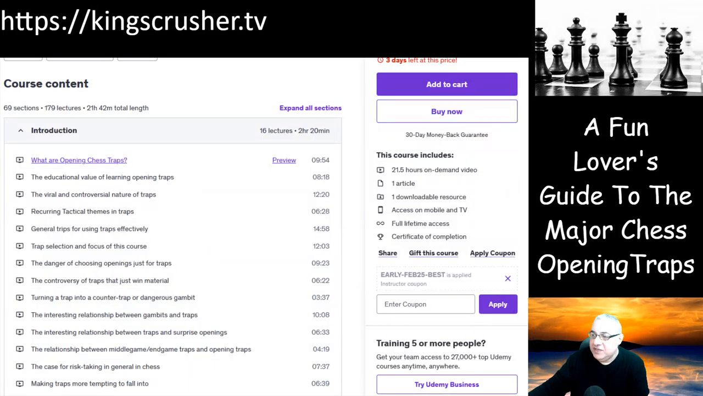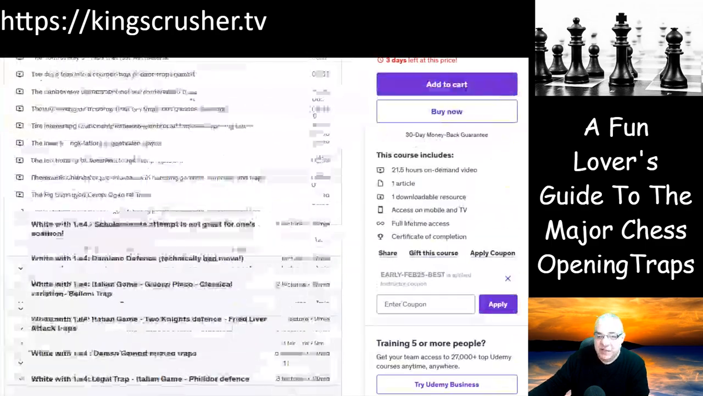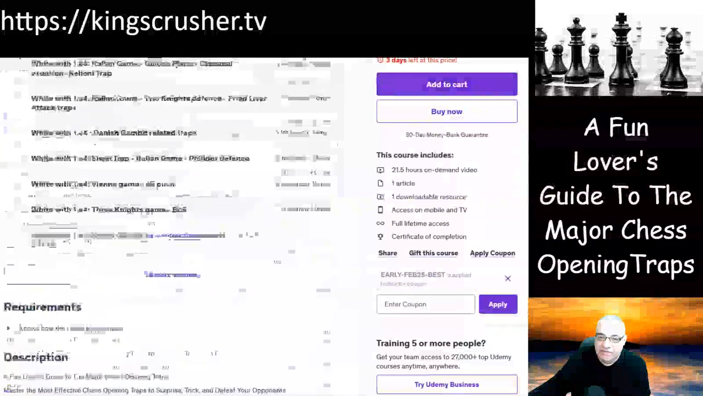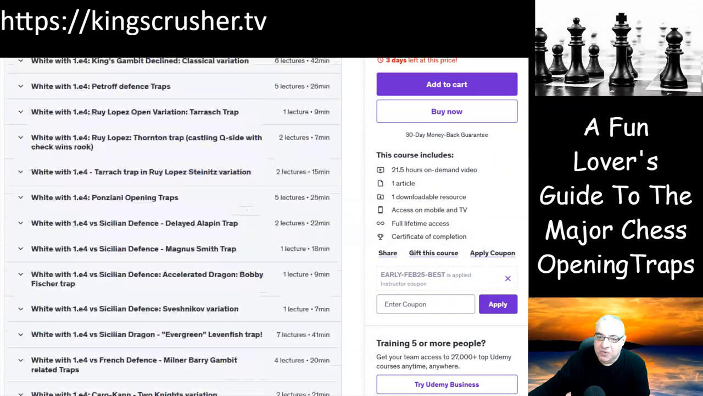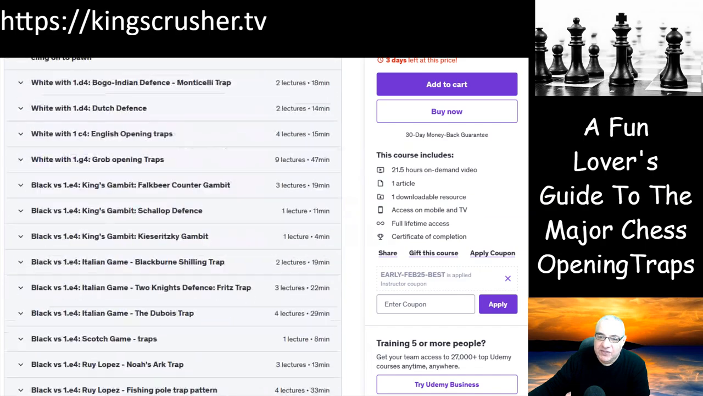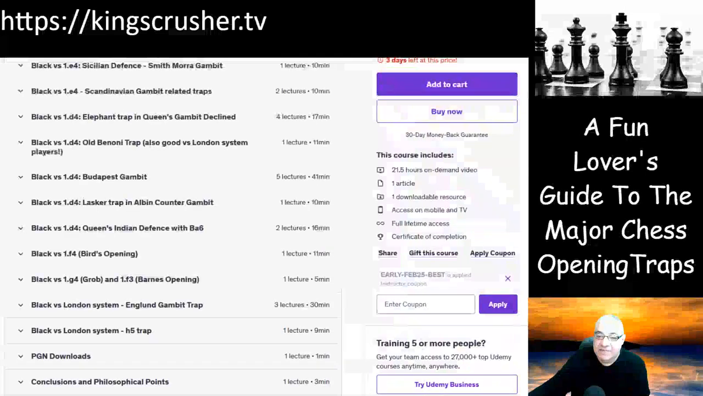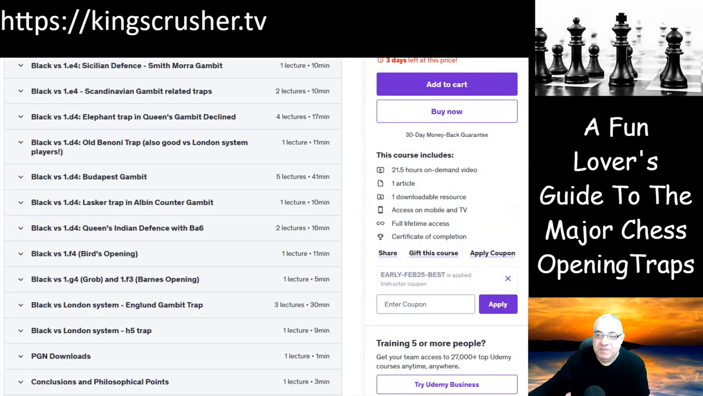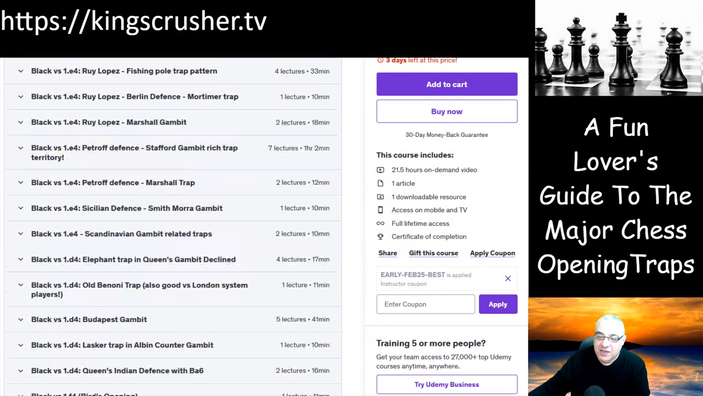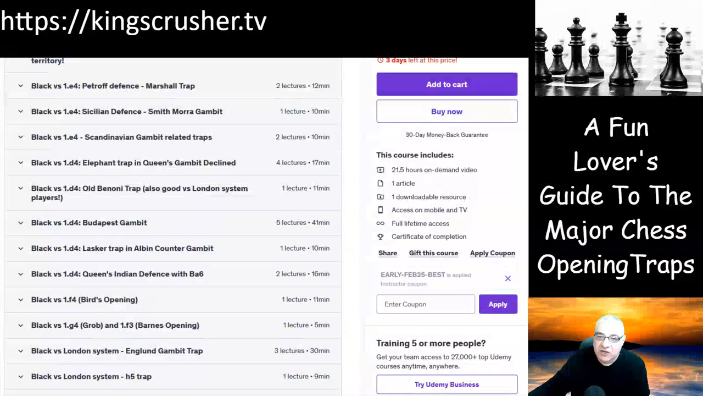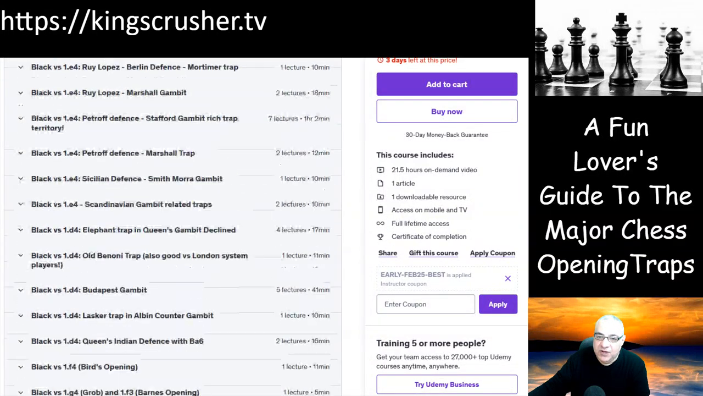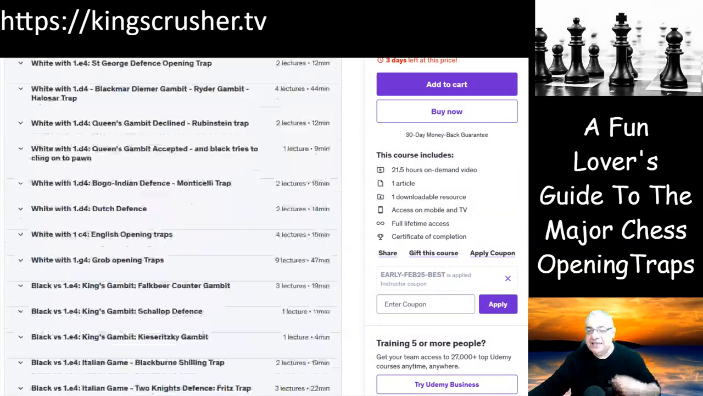But yeah, it's really interesting to investigate the traps, and the ones that are becoming more popular in recent years. The Stafford Gambit stands out thanks to Eric Rosen. He really popularized the Stafford Gambit. I believe there are fundamental reasons why the Stafford Gambit is so effective,